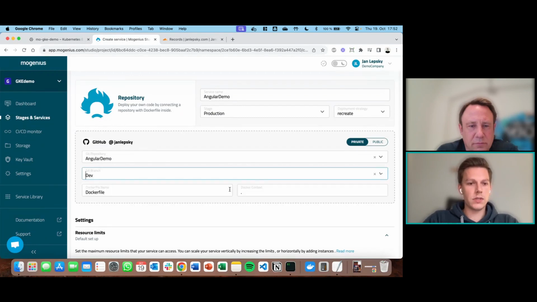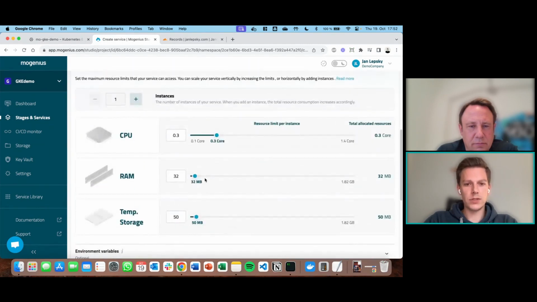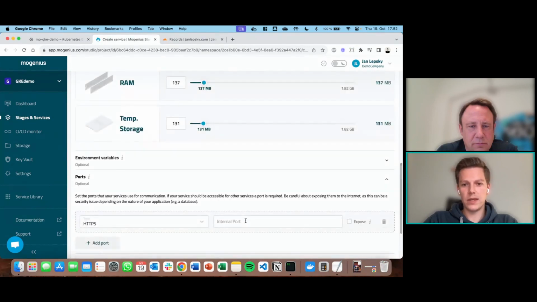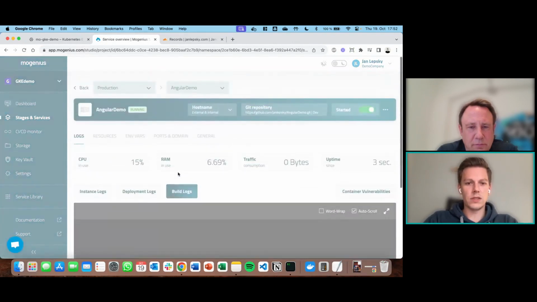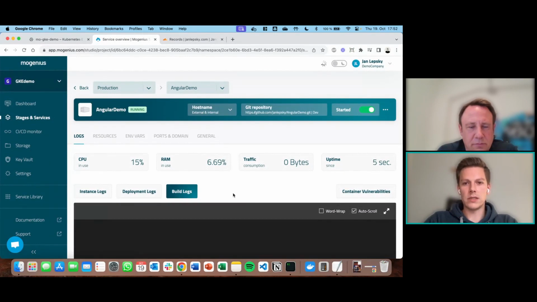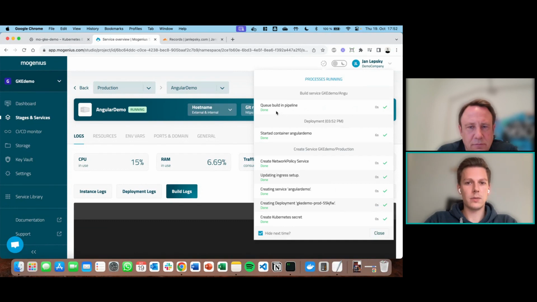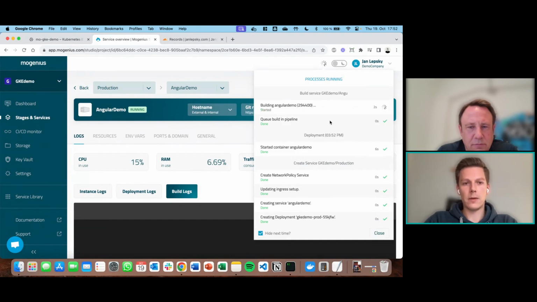So I'm going to set the branch that we want to connect with the service. We can leave the Docker file settings as they are, and then move over to resource limits. You know how it works now. Set the internal port, expose that, and voila. So now the service is not only deployed, but it's built before we have an image. So we can see that in a couple of seconds, the pipeline will start. It's showing that it's running, by the way, because we deployed a default backend here. So that the service is technically available.